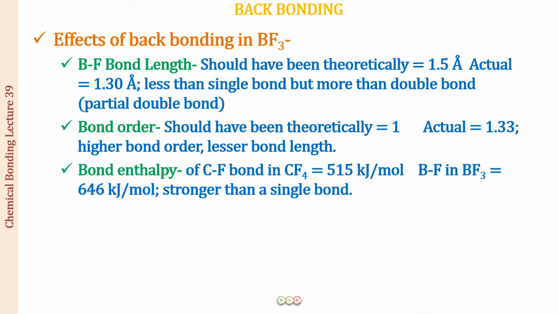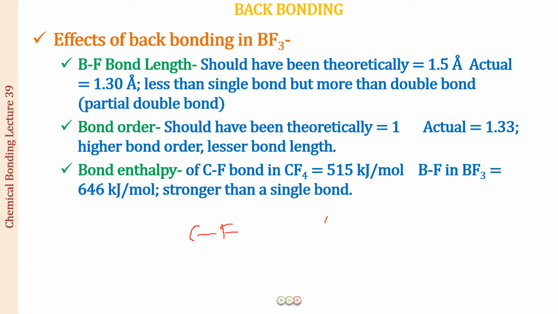Next, we have the bond enthalpy value comparison of the CF bond in CF4 and the BF bond in BF3. What is bond enthalpy? The amount of energy that is going to be released when 1 mole of bonds are formed. And it is going to be equivalent to the bond dissociation enthalpy value, which is the amount of energy that is going to be required to break 1 mole of bonds. Alright, so what this means is that if we have the CF bond